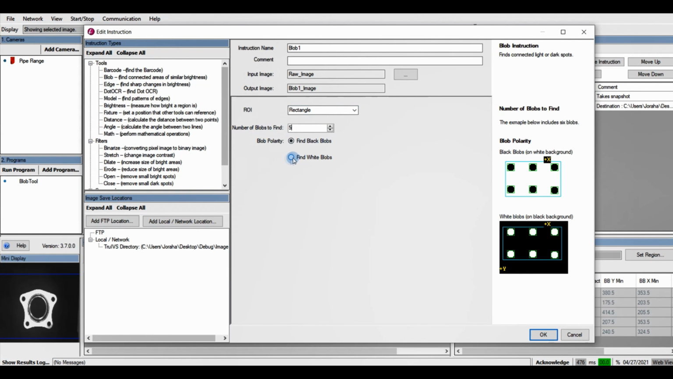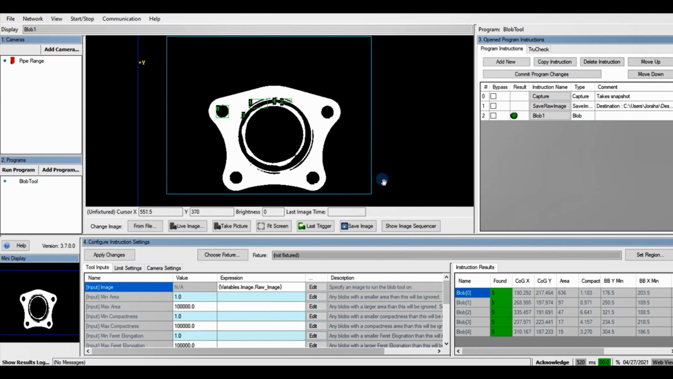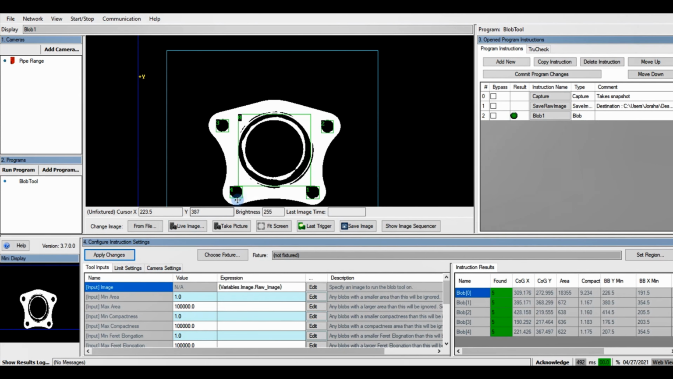The blob polarity can be either black or white blobs, and it explains it on the right hand side. We will choose black blobs for now. And now we must move our region of interest over the inspected part. Once we do that, we click Apply Changes. And now we can see we found 5 different blobs, the 4 small ones and the 1 big one in